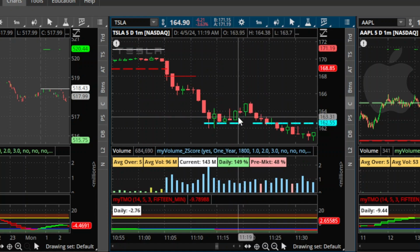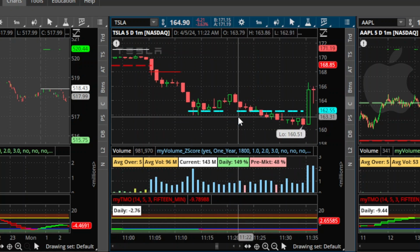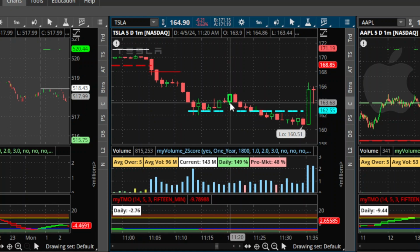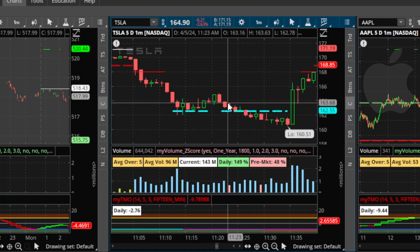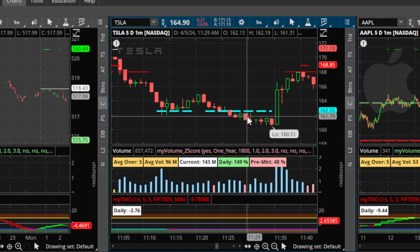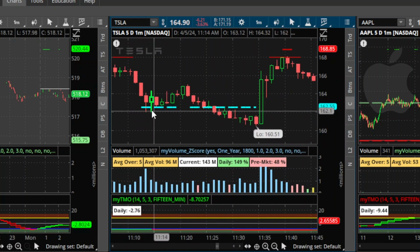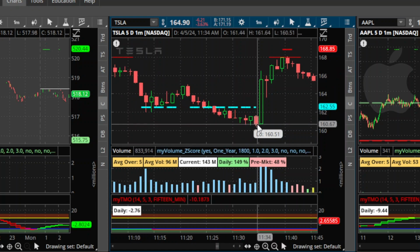And so this is a common thing you see if you watch the charts. It likes to bounce off 5%, 10%, 15%, 20%, those round numbers, those round percentages. So you see it bounces off the 5%, and then it continues to sell off. The person continues to sell. And you see right here, this sell-off occurs from 11:05 all the way to 11:35, and